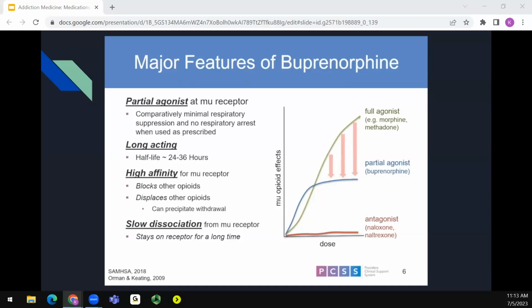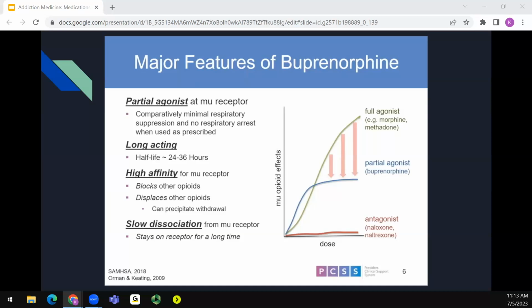And the partial agonist prevents withdrawal, maintains a steady level of opioid activity like methadone, but like naltrexone also blocks the effects of the other opioids. So because of these advantages, it is now the first line medication for OUD this year. One of the most important features of buprenorphine to understand is its ability to displace other opioids. So like we talked about, it can precipitate withdrawal, except when administered in those micro or very low doses as used